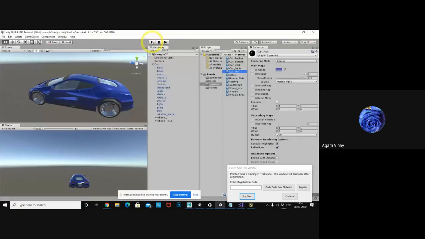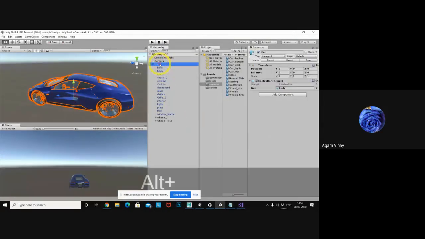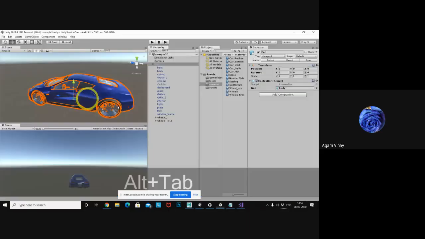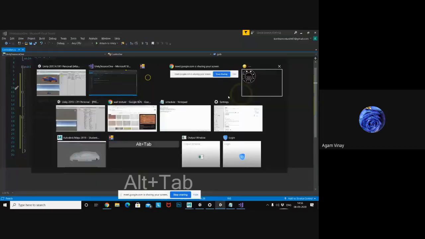First I am checking whether it will work or not. Let's see. Okay, the car will become red, right? Whenever I play it, the car color will become red. Why? I am accessing the GOB game object, and GOB is nothing but my car body.